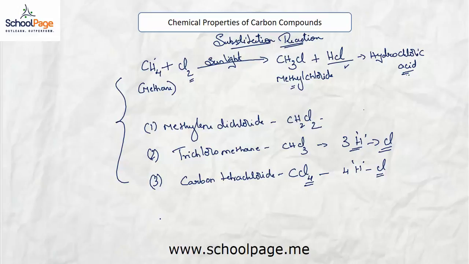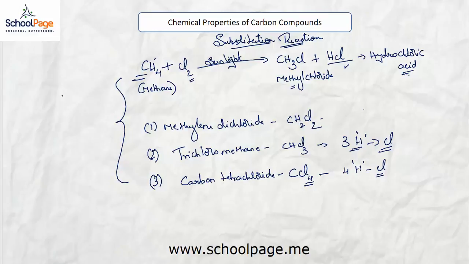Observe that methane is a saturated hydrocarbon. Saturated hydrocarbons do not undergo addition reactions with other elements, because they all have carbon-carbon single bonds. Hence, being unreactive, these hydrocarbons only undergo substitution reactions in which a hydrogen atom is replaced by an atom of a different element. All the saturated hydrocarbons undergo substitution reactions. If the substitution of hydrogen atoms takes place by a chlorine atom, as we have seen in these reactions, this reaction will be called chlorination.